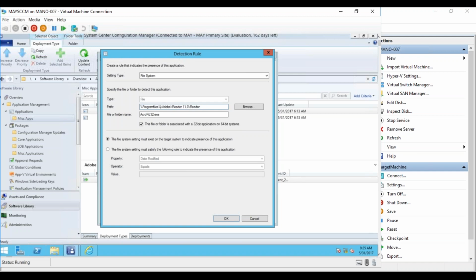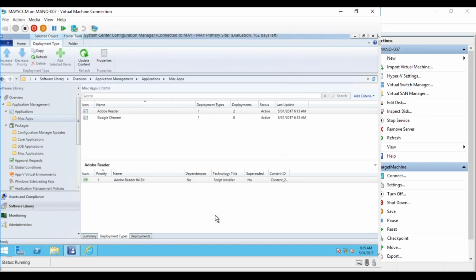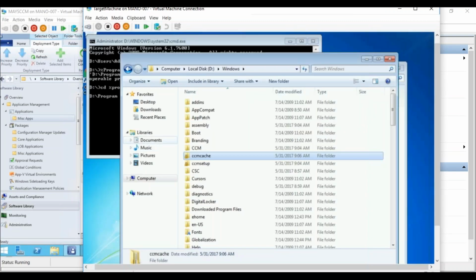But since we have a 32-bit application on a 64-bit system, I'm hoping that it will go to program files x86. Okay, let's see what will happen. Okay, apply. Since this is a change in the application, let me go to the client machine, the target machine, and this time